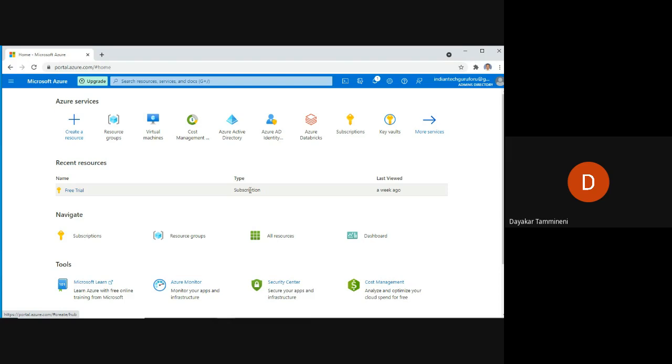Anybody please give responses. In the previous class, we showed how to set the availability zone as well as availability set. Assume that I have set availability zone or availability set for my virtual machines. So is this setup free, or does it incur cost?